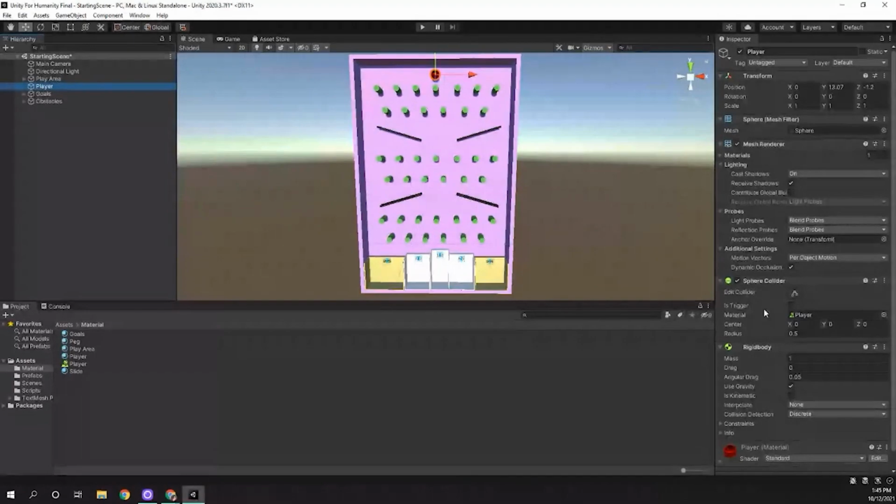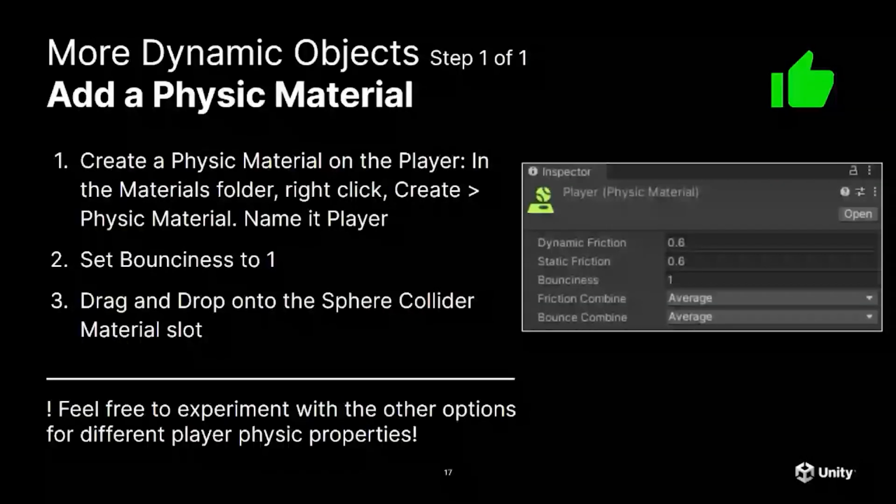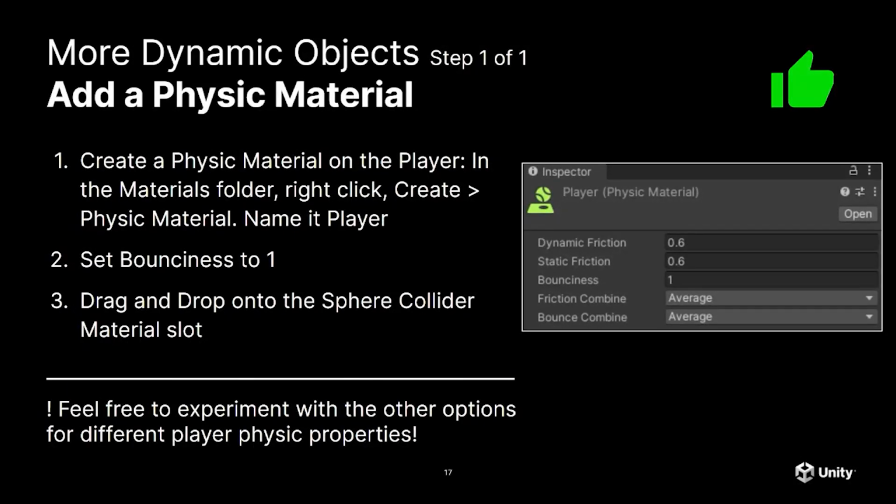Yeah, and I think we didn't mention this with the rigid body, but you can also change that around so that if you want to, at some point, simulate different types of gravity in your games, you could do that. But for right now, for the physics material, we're going to create it in our material folder because we are not committing an atrocity. We're optimizing space. We're going to set the bounciness to 1 because we really want it to be bouncy, and then drag and drop that onto the sphere collider,